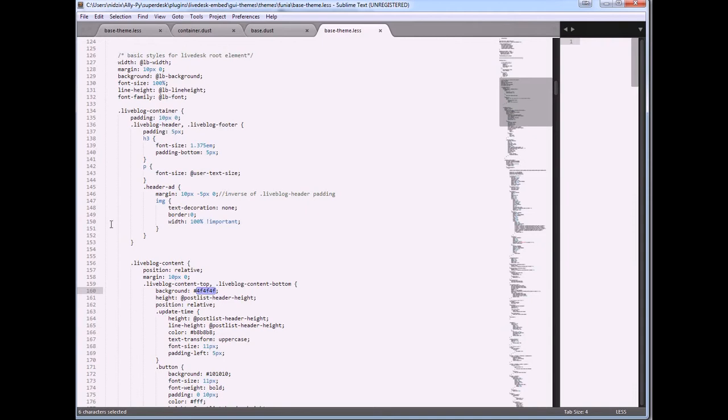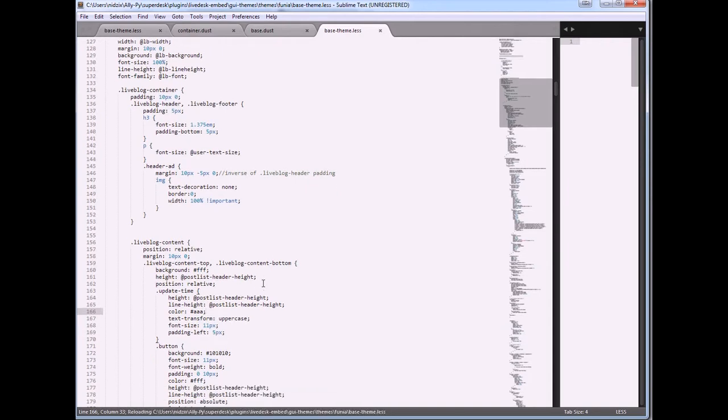I will use a white background, and here I want color AAA. Save it.